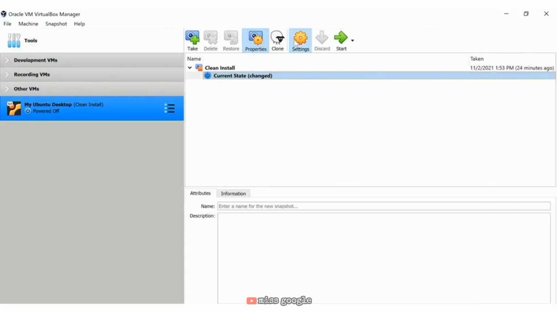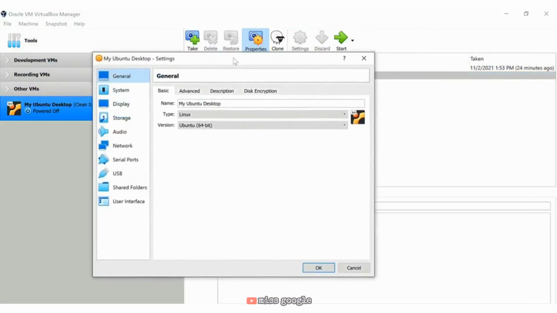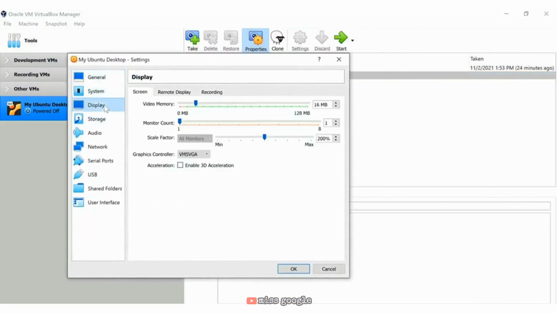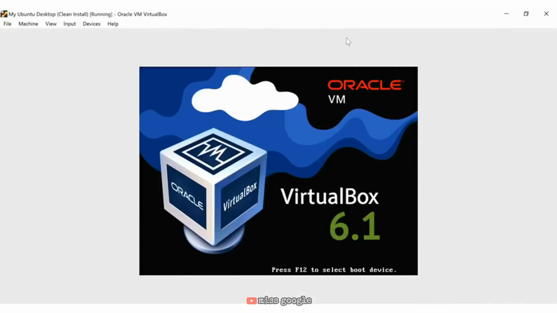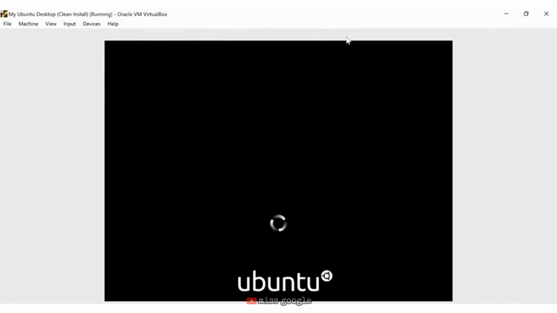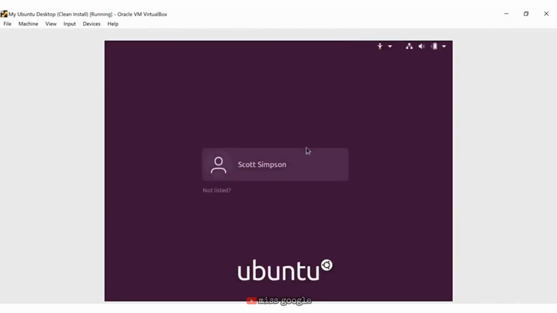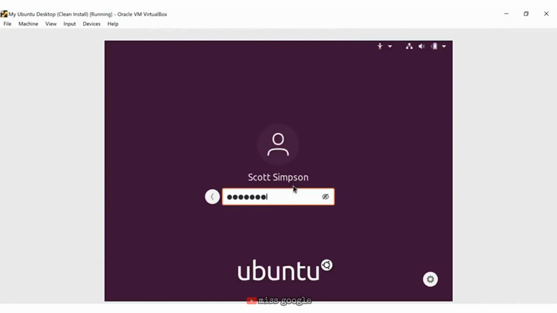Then I'll go into the virtual machine settings, go into the display menu, and increase the video memory. I'll set mine to 128 megabytes. I'll click OK, and then I'll click Start again. When prompted, I'll log in,